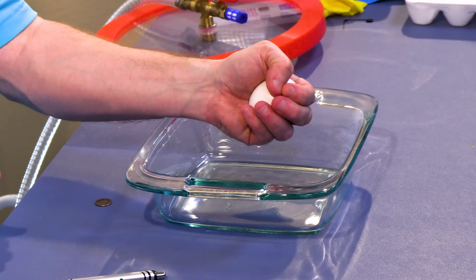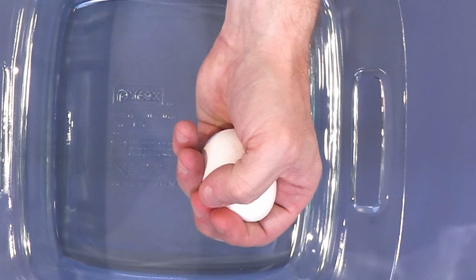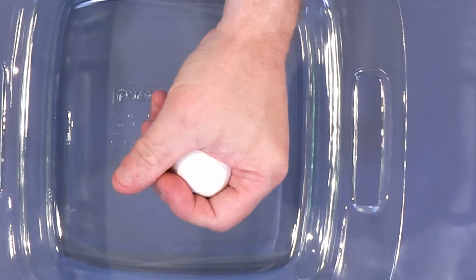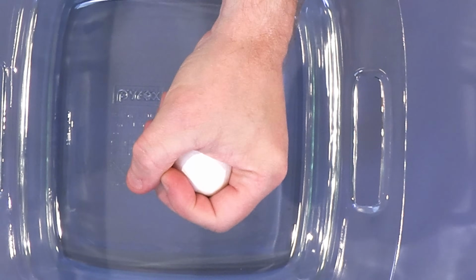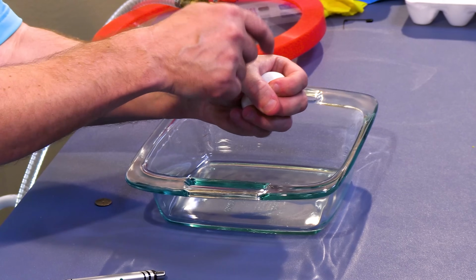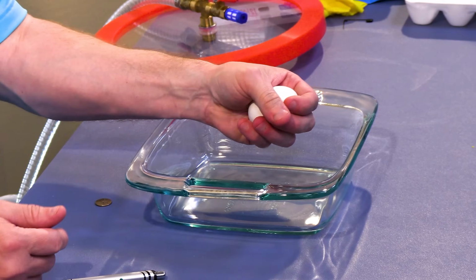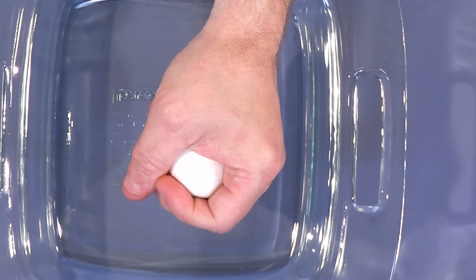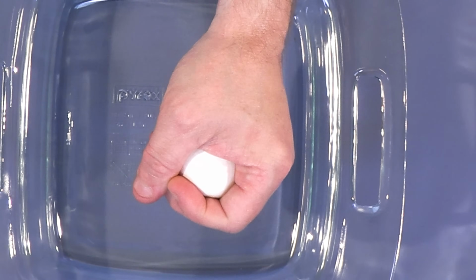But if you take an egg in your hand like this, and don't put a pressure point with your finger, but just wrap around it and squeeze, most people cannot break an egg. If you do it, be careful, do it outside, over a trash can, because it can make a mess. If you put a pressure point, if you put your thumb here and push with your thumb, you can overcome the strength and break it. But I'm squeezing pretty strong, maybe not all of my strength, but a good chunk of it, and I can't